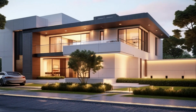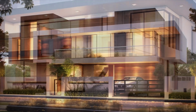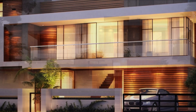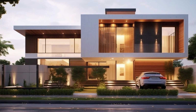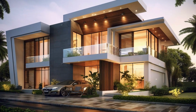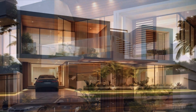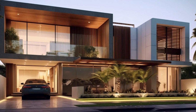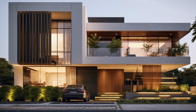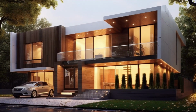In this video, we present the contemporary house design trends for 2023. If you're looking for inspiration to create a modern and stylish home, you've come to the right place. Our carefully curated collection showcases the epitome of contemporary house design, featuring sleek lines, innovative materials, and cutting-edge architectural elements. These houses are designed to embrace the principles of minimalism, functionality, and sustainability, creating spaces that are both visually stunning and livable. Our expert team has curated a collection of the latest contemporary house designs that are sure to captivate